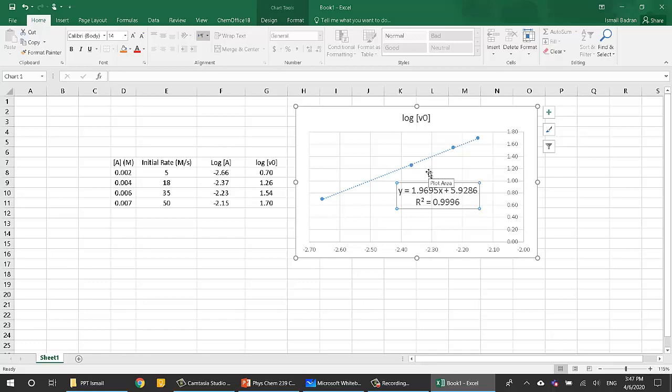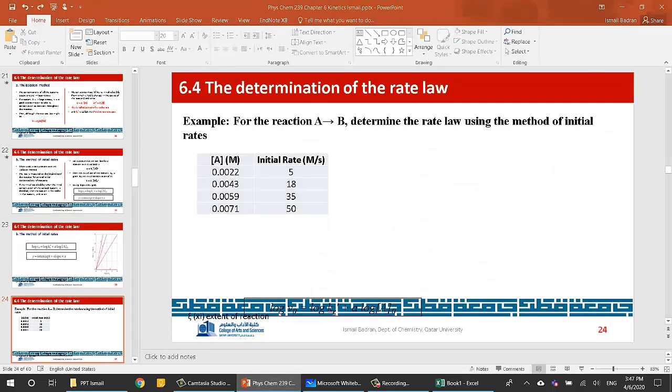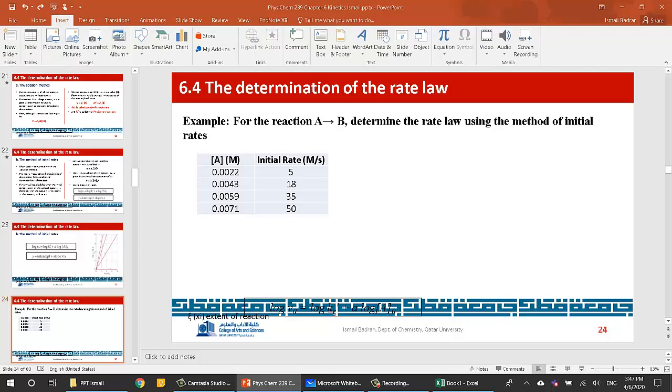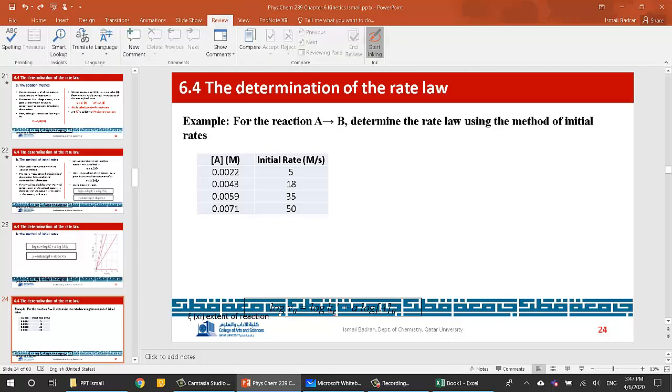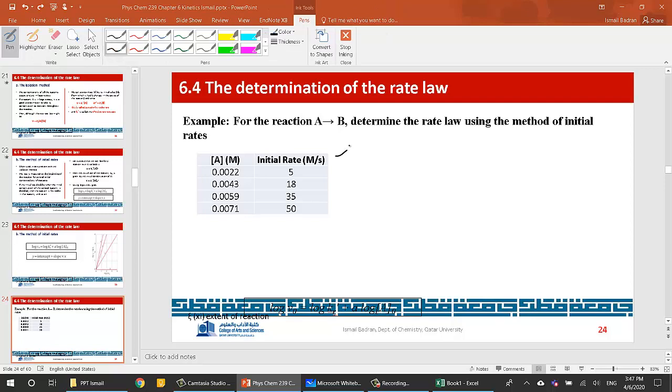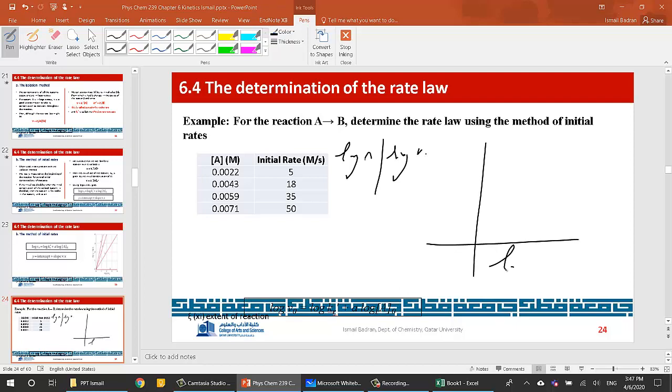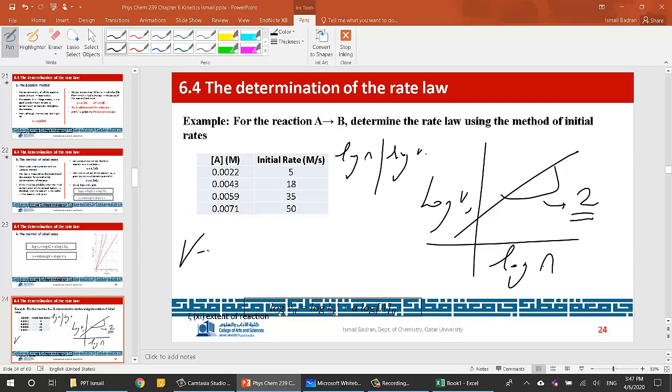So this is a second order reaction for A. To summarize, I calculated log A and log V naught, and I made a curve in Excel, which is log A versus log V naught. I got a graph, and the slope was around 2. So this is second order in A, and therefore this rate law can be written as V is equal to